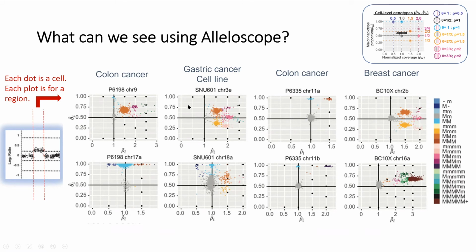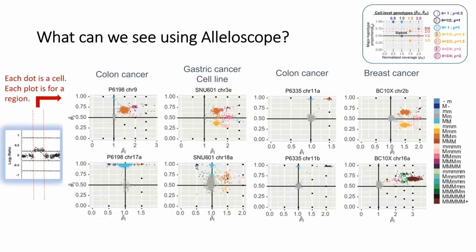And then look at this amazing diversity. For example, for this breast cancer, analyzed by the Chiso paper, this is their data, and they only said that there's a mirrored subclone. But what we see is that there are 1, 2, 3, 4, 5 different subclones for this cancer, for this region alone. So this is really amazing. We were really excited about this because never before has this level of subclonal diversity been teased apart